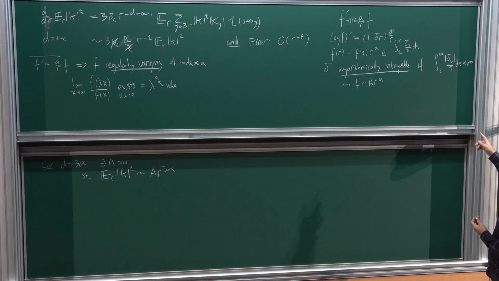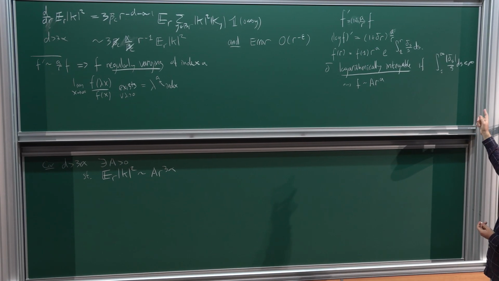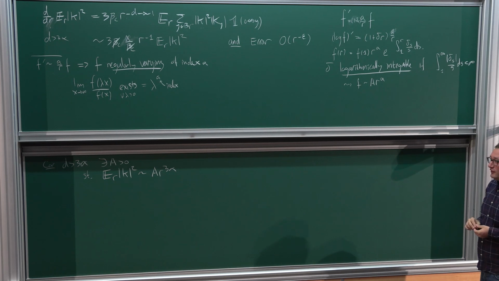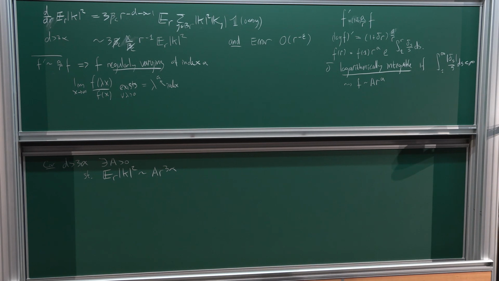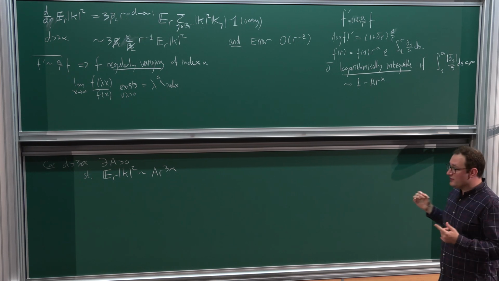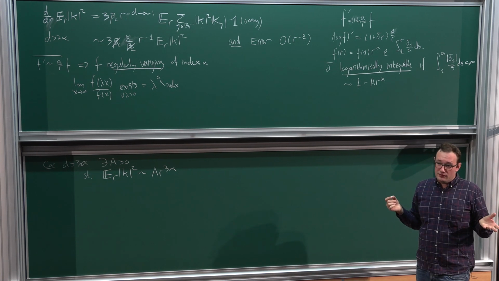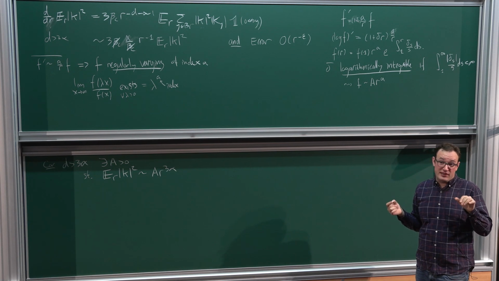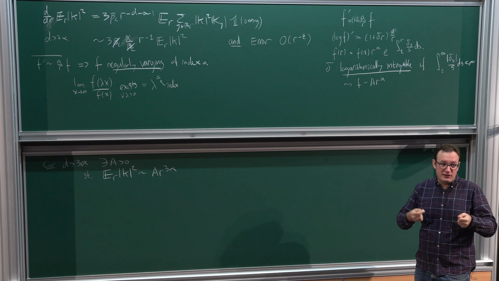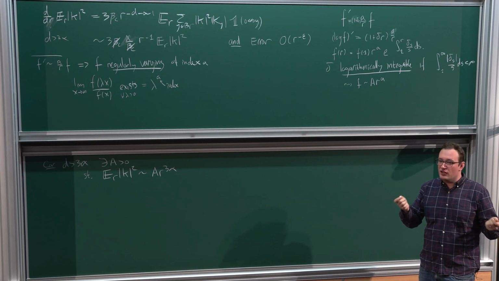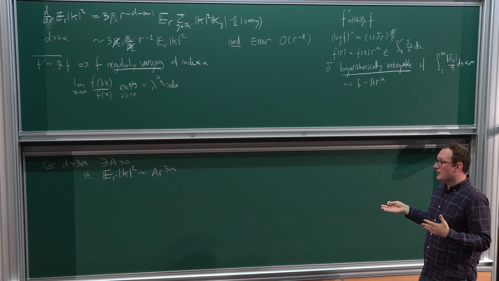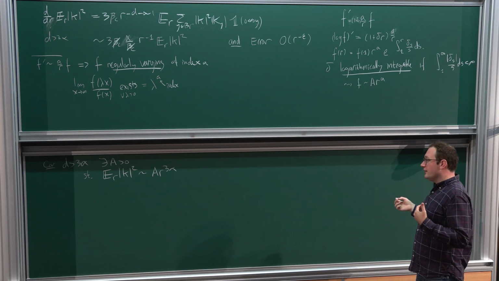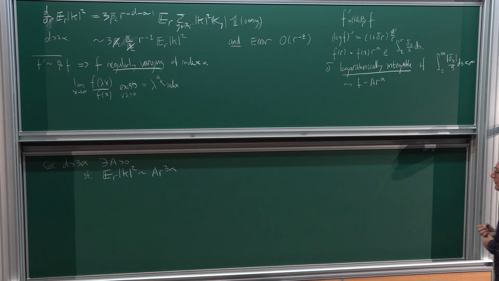And again, this constant is just e to the integral from 1 to infinity of delta r over r, if you like. Okay, one thing to notice here is that this constant will be non-universal, right? Because it's actually mostly determined by whatever these errors are on small scales. And so it's something that will be very sensitive. If you change the kernel slightly, you'll change this constant. It's not something that you should expect to be able to compute.